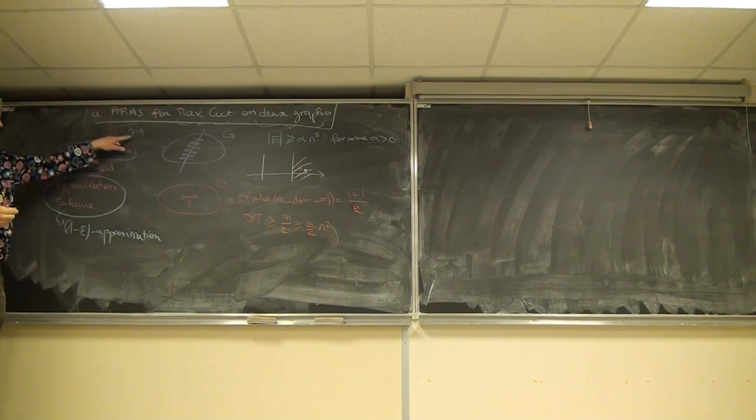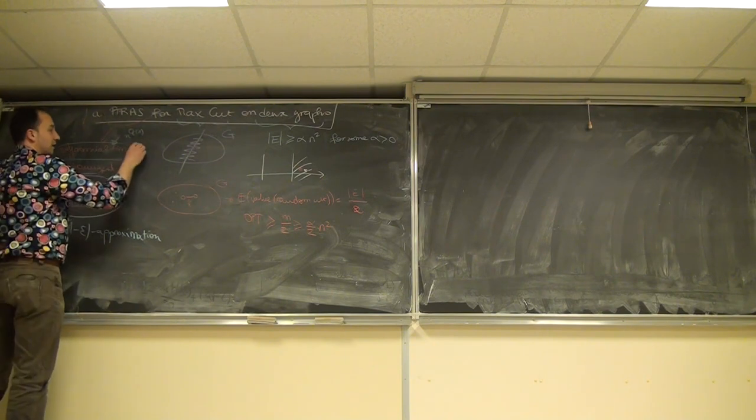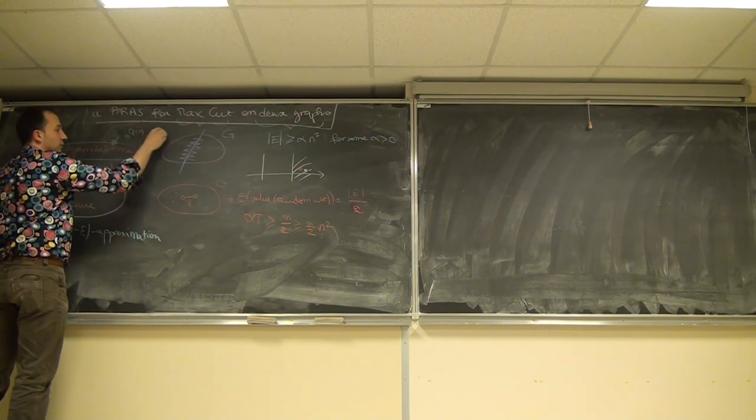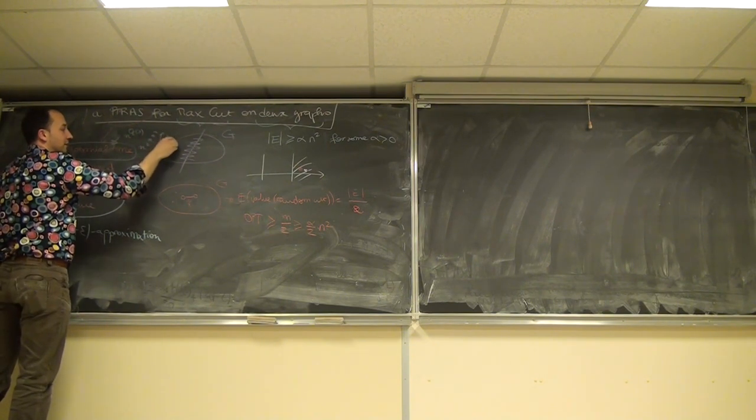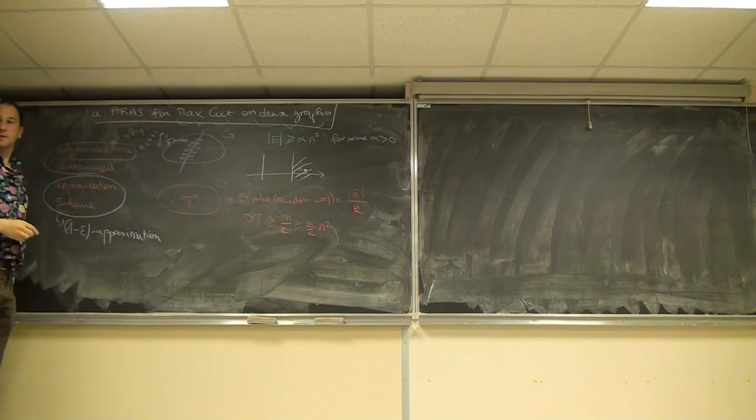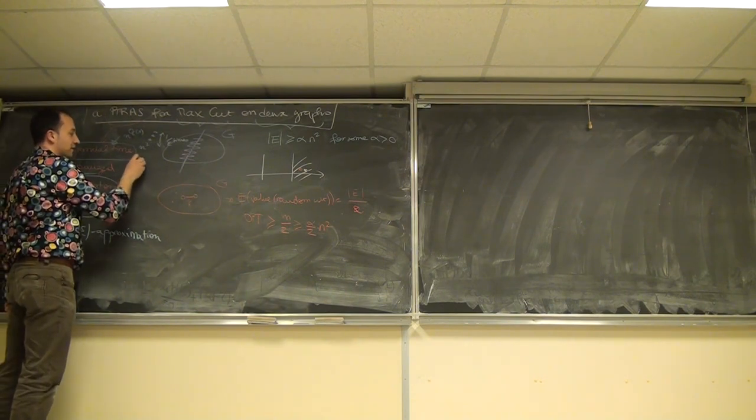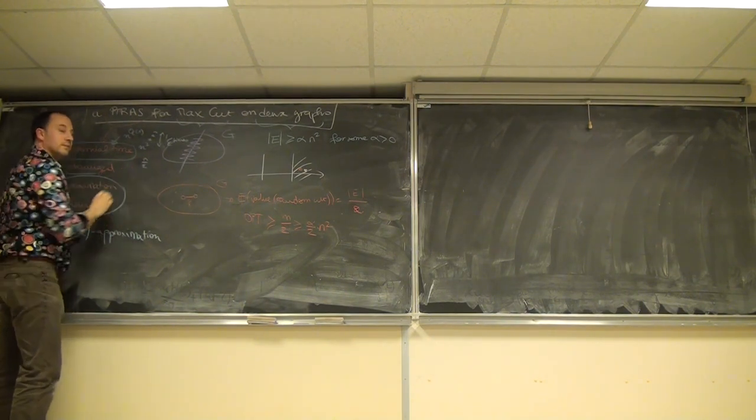So if you fix epsilon, this should be a constant. But this constant can be 2 to the 2 to the 2 to the 1 over epsilon times. This is fine. This is polynomial. This is an ugly polynomial, but it's still a polynomial. Of course, it's much nicer if it's n over epsilon.